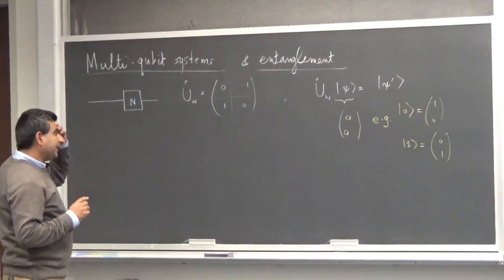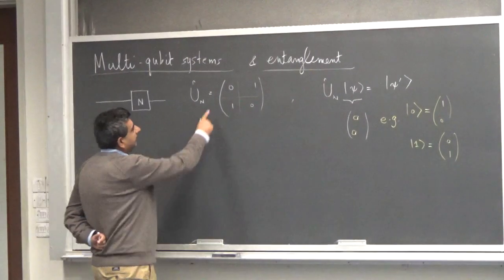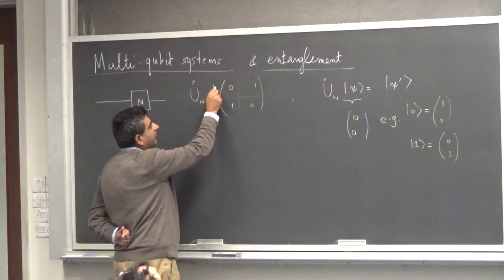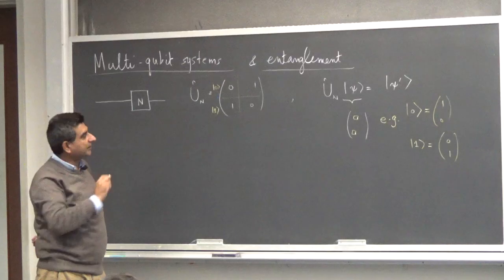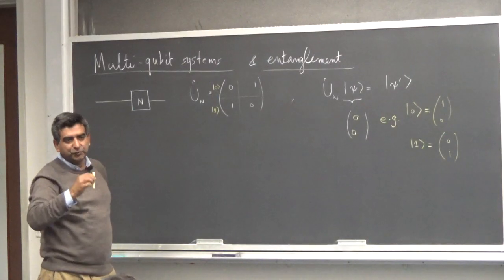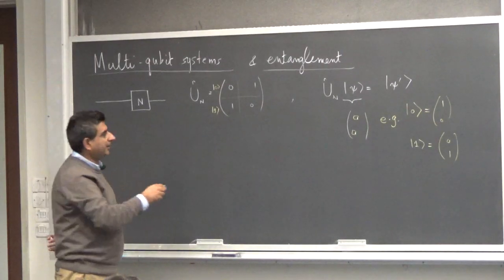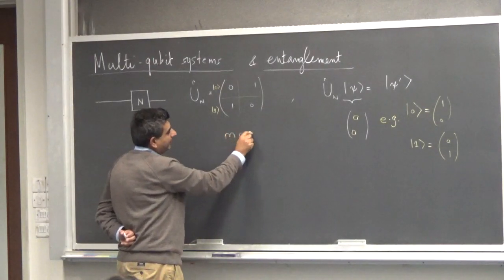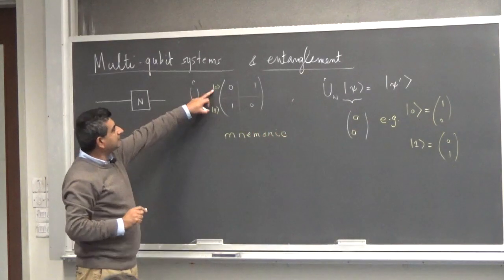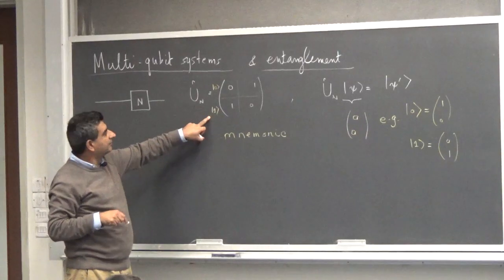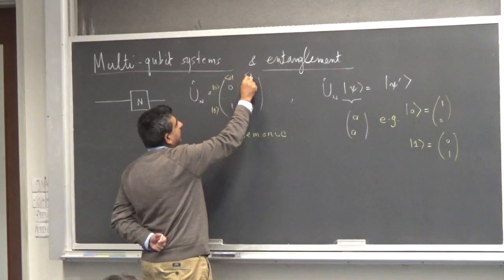So generally the scheme that is followed is the following. These rows correspond to the 2 basis states. Now, this is just a mnemonic. A mnemonic is a useful way to remember what element corresponds to what. It's just a remembering aid. So the rows are identified with kets, and the columns are identified with the corresponding bras,